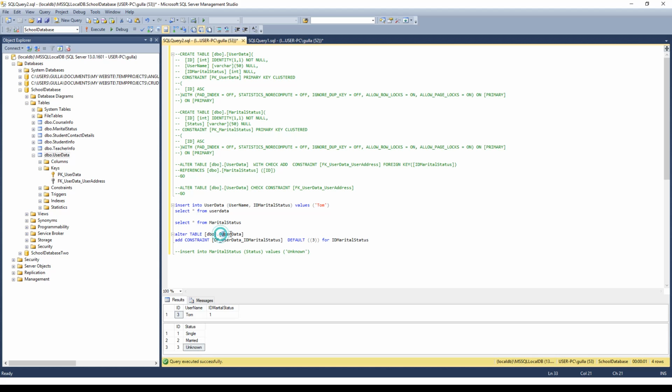We're altering this table and we're adding a constraint, and this is the name of the constraint, and we have to say default to that, and that's going for this field here, ID marital status, which is connected to this table here, as you can see. So if we run this code here,